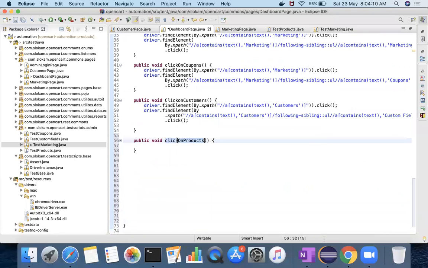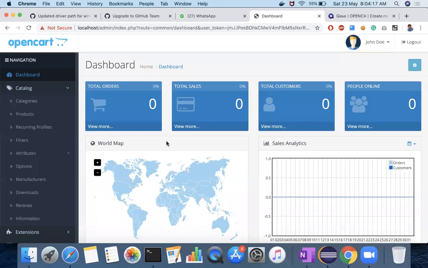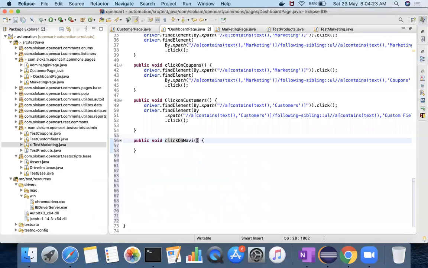Instead of click on product, I can write click on navigation page, and you provide string name. Okay, you provide the name.